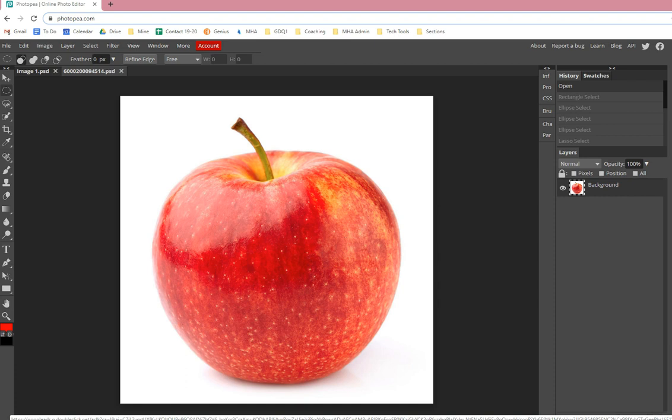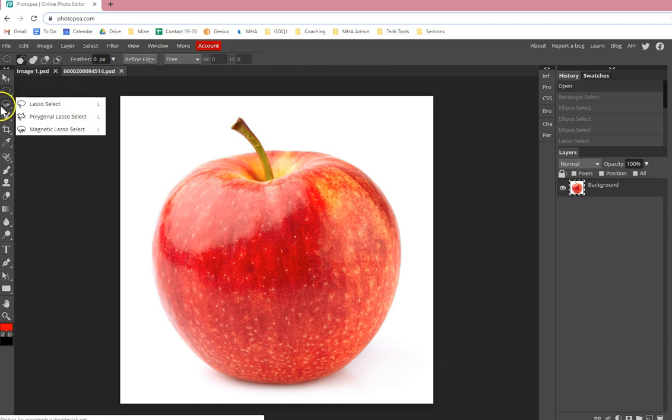Hi, and welcome to this screencast where I will be going over a brief selection tool demonstration within Photopea. Over on the left-hand side on the toolbar, you can see the selection tools. There is a rectangular select, ellipse select, lasso select, polygonal lasso select, and magnetic lasso select that we will